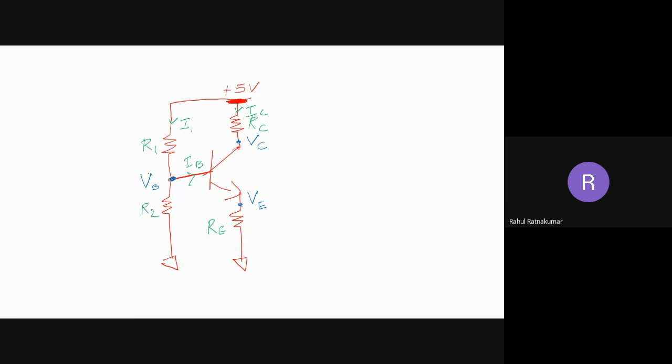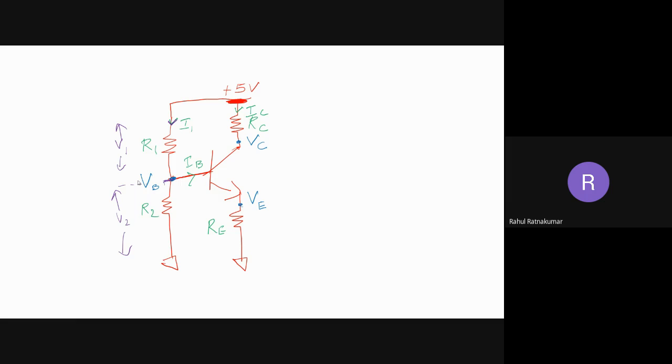So we know there's a current. This current is flowing through the resistance and some voltage will be dropped across the R1 resistance. So this is V1, right? This voltage is V1, which is dropped across R1, and across R2 we have a voltage V2, right? So V2 is nothing but the VB, which is going as input to the base part of the circuit,